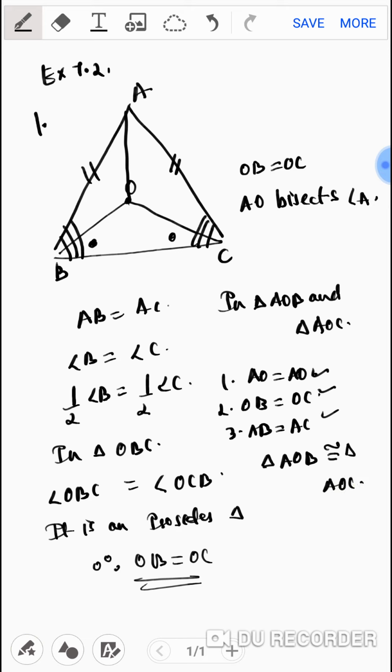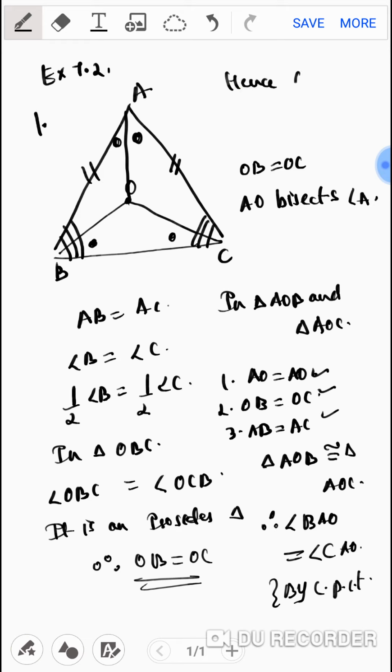Now as we know, once two triangles are congruent, any part of these two triangles we can make equal by using CPCT. Therefore, angle BAO will be equal to angle CAO by CPCT, that is, corresponding parts of congruent triangles. If these two angles are equal, hence we can say that AO is an angle bisector. So your second part is also proved. Clear? I'll jump on to question number 2,